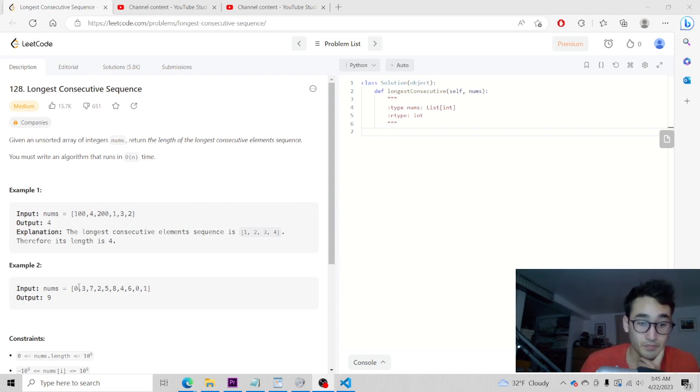And we have 0 to 8, which is 9 characters, which is the output, which is what we would expect from this dastardly method.